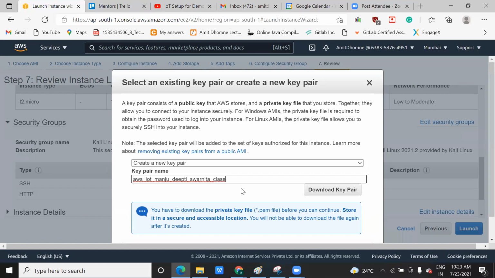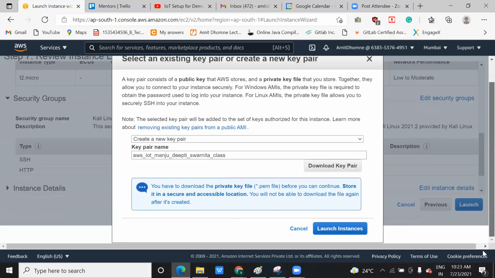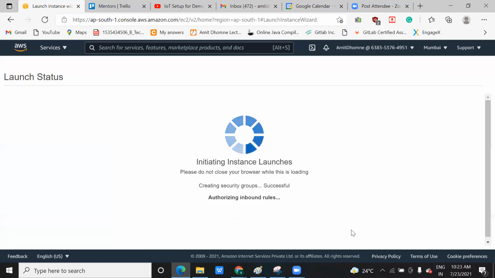Is it clear? This name I'm giving, you can give any name here. I'm just giving this name so that we can remember this key. And you just need to click on this key pair. Once you click on it, it will download on my system. So this key pair is downloaded. Once you are done with this, click on launch instance.